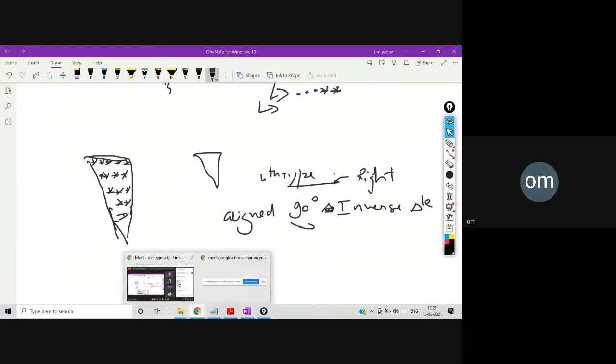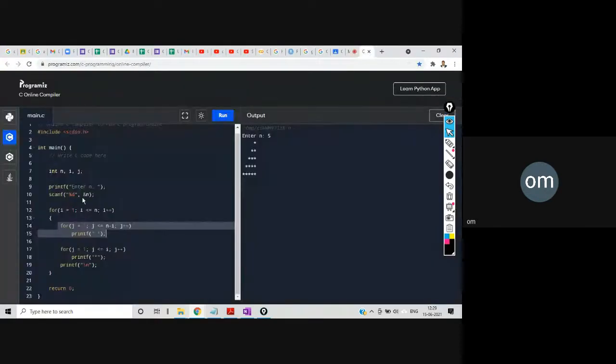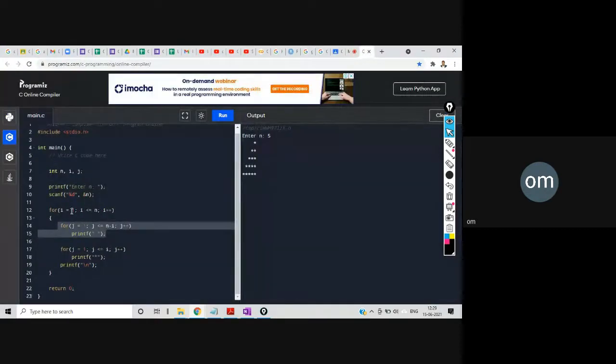In the same problem which we just implemented, I'll reverse my loop because this is an inverse triangle. I'll start with i equal to n. If i is starting from n, you will have to reduce it one by one. So I should be greater than or equal to 1, so we reduce till 1, and here we say i minus minus. In every step, i will be decremented by 1.